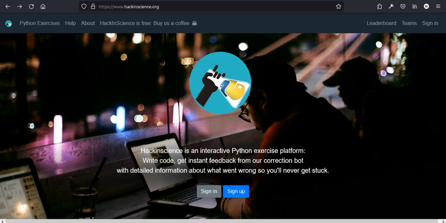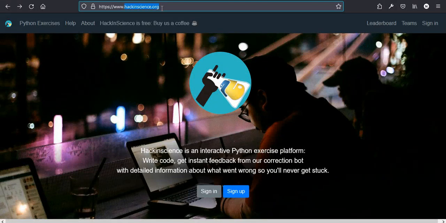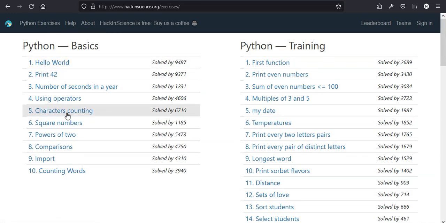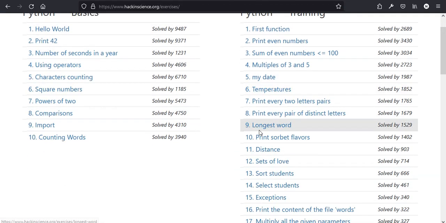Today we are going to do some challenges on this website, hackingscience.org. You can go here and then press on Python exercises up here, and then you will see a list of challenges, and for Python basics, for example, very simple, and then here not this simple, let's say, but still not advanced either. So we are going to solve like 3 of these challenges, and since we're going to use